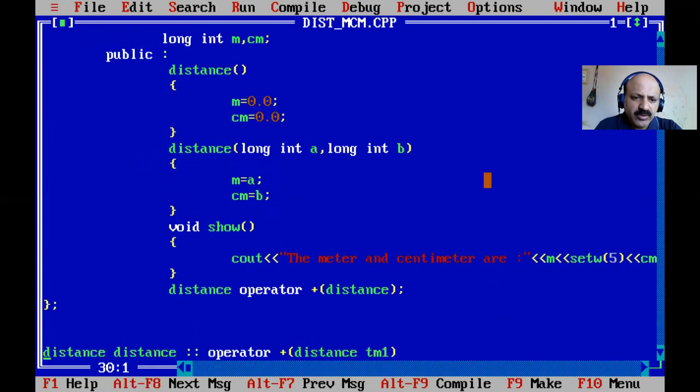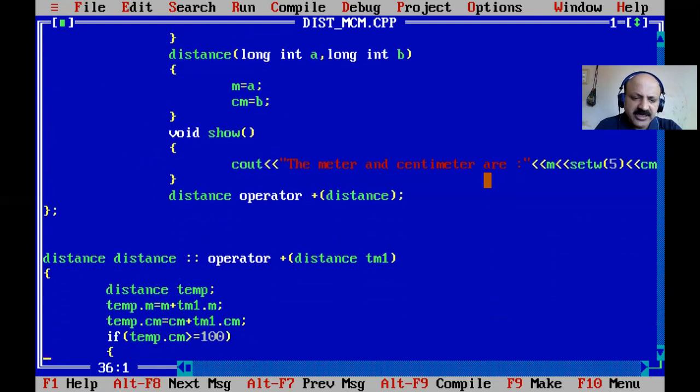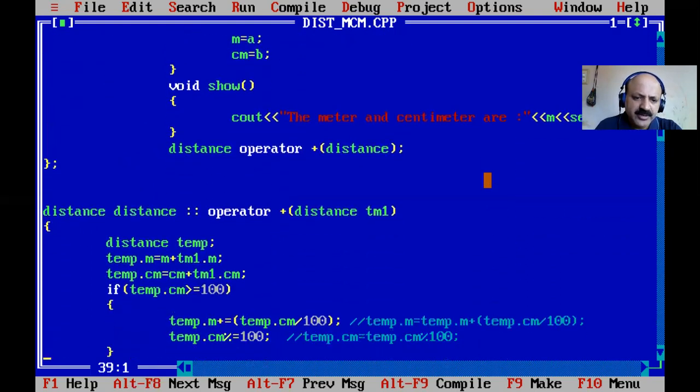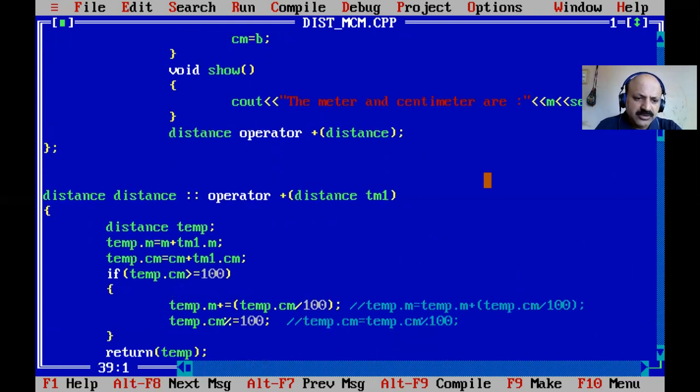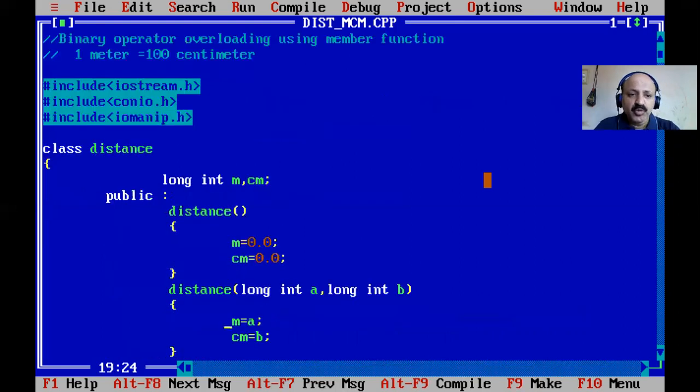So 1 meter equals 100 centimeters, so we can divide by 100 and modulo 100. That short technique works perfectly, but the modulo operator rule means you can only use it on the integer data type.